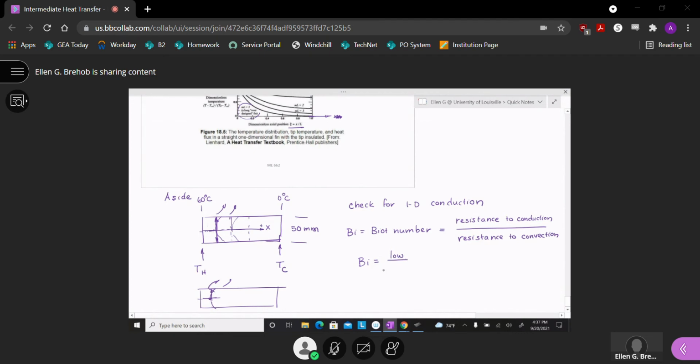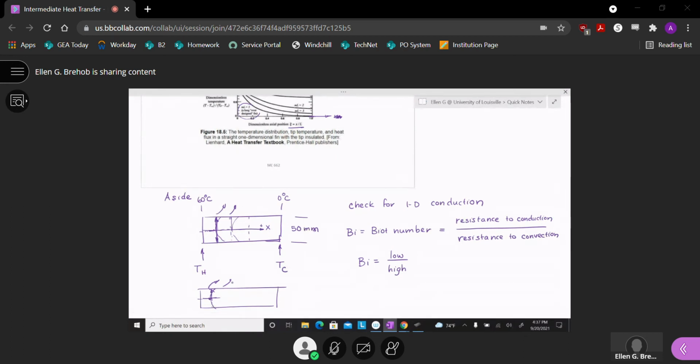And I want resistance to conduction. It needs to be relatively high. It doesn't have to be super high. Okay, so we don't want to be able to pull heat out of this surface so fast that the heat can't spread